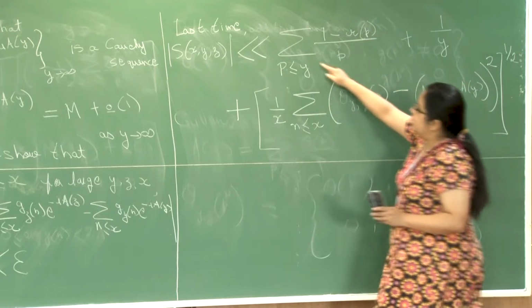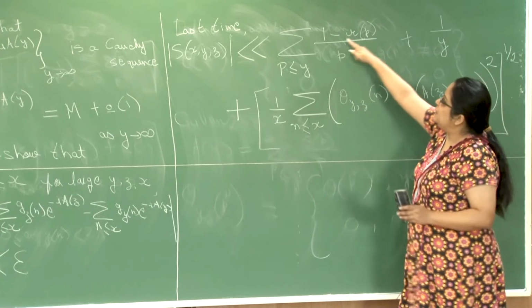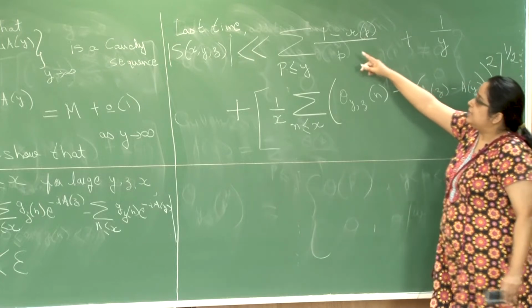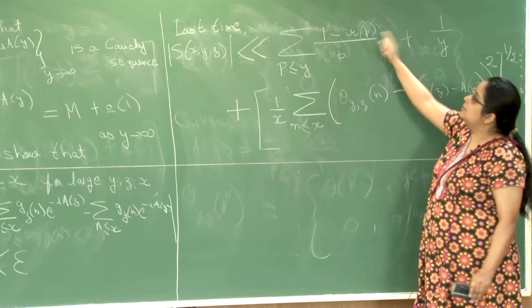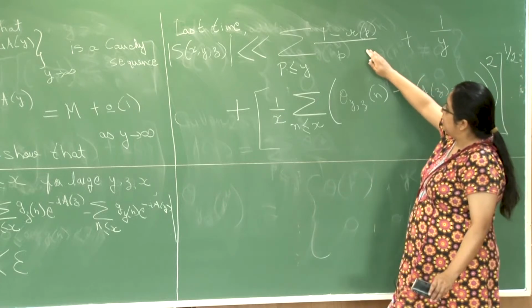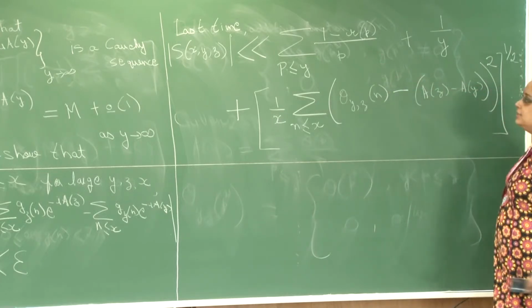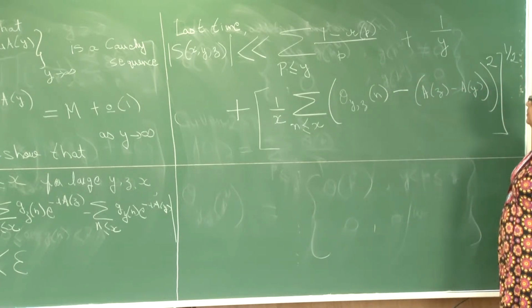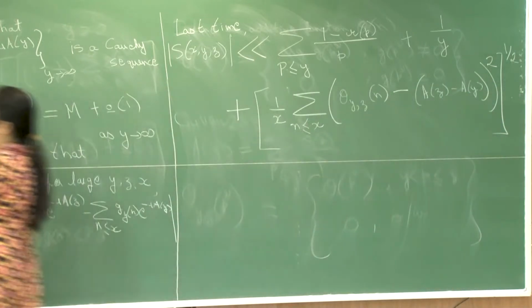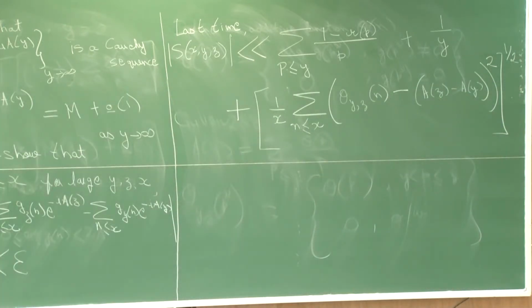This is certainly less than this numerator here, since this is the absolute value of g of p. This is certainly less than 1 minus the real part of g of p. Okay, so this part is taken care of by the conditions given to us in the theorem. It is this part that we want to focus on, and this is an opportune moment to review the Turan-Kubilius inequality